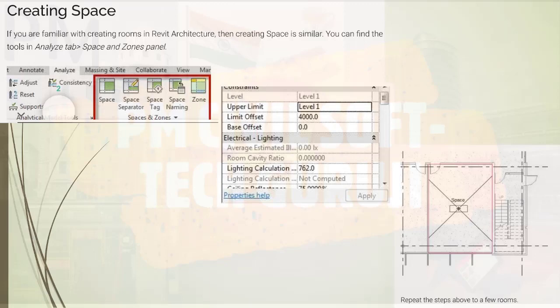Now creating spaces. If you are familiar with creating rooms in Revit Architecture, then creating spaces is similar. You can find the tool in the Analyze tab.